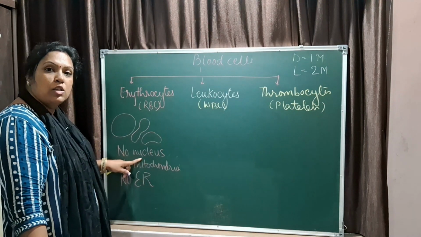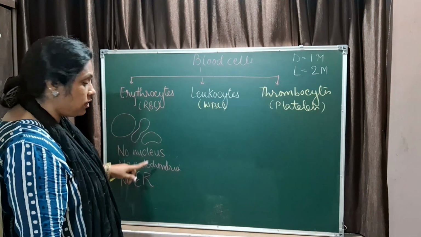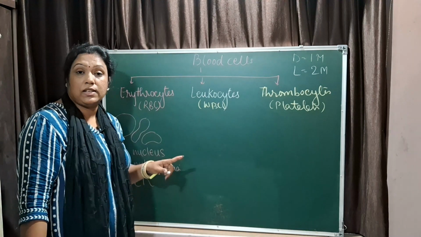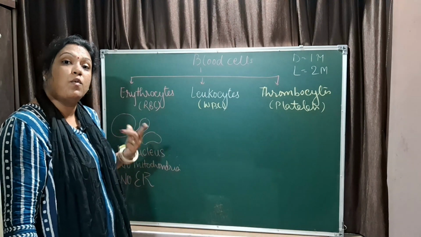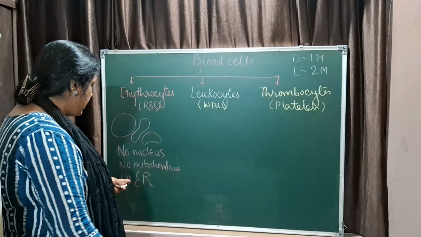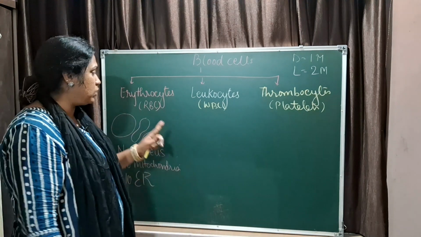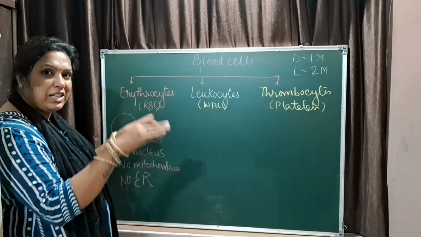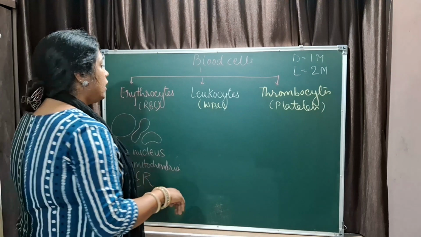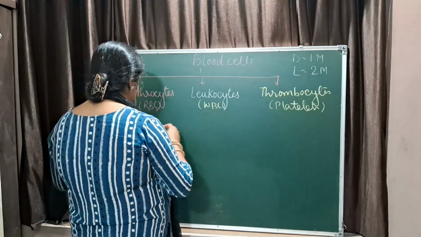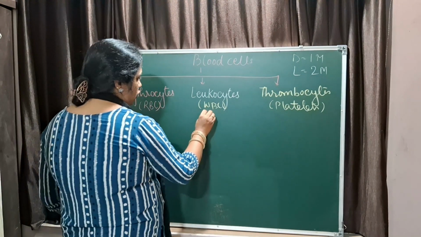No nucleus, so that it can accommodate more oxygen, no mitochondria, so that it avoids the usage of oxygen it carries, and no endoplasmic reticulum, so that it can change its shape and pass easily through the capillaries. Now, when you talk about the WBCs are basically of 2 types: